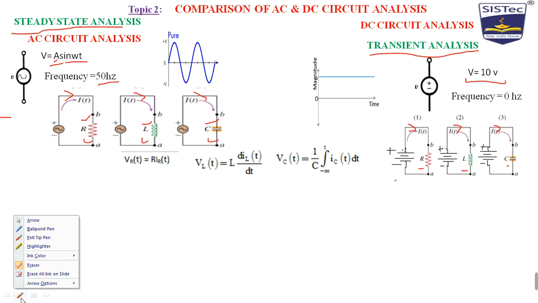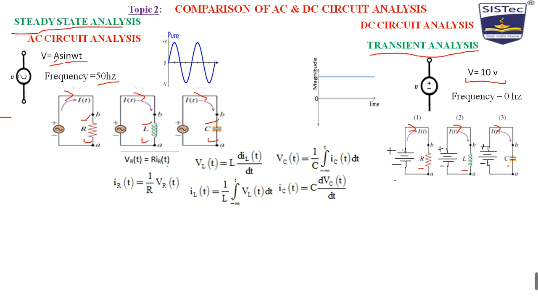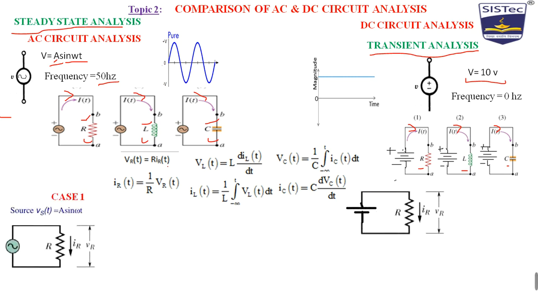Okay, so again I am taking a pen. So the formulas are given, and the formulas for current are also given for the three. Now we have to apply for case 1. Case 1 is what? We are giving an AC source here, see, AC source to a resistor, and here separately I am giving a DC source to a resistor.